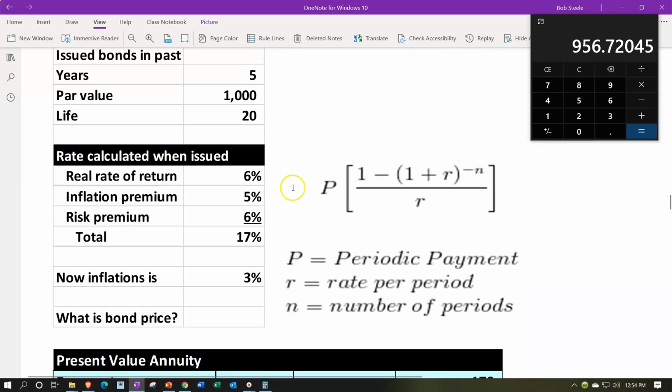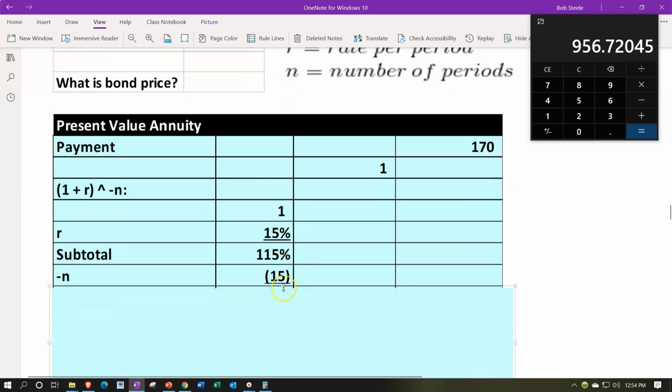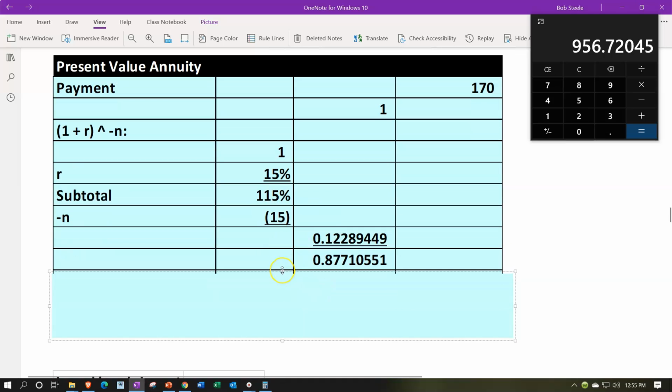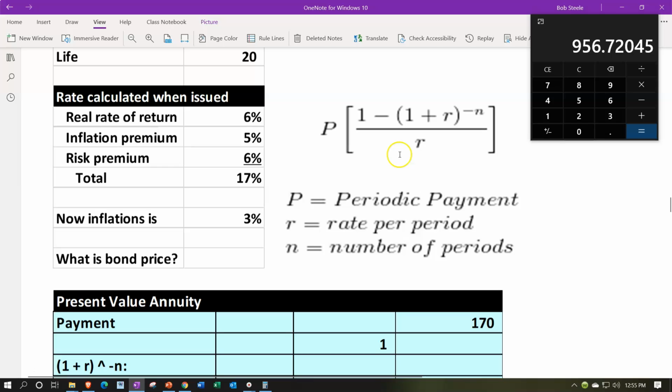5 years have passed, there were 20 periods, and now 5 years have passed. So there's only 15, 20 minus 5. If we take 1.15 to the power of negative 15, we get 0.122894449. Then 1 minus 0.122894449 gives us 0.877105551. That being the numerator, divided by the denominator, which is now the market rate,